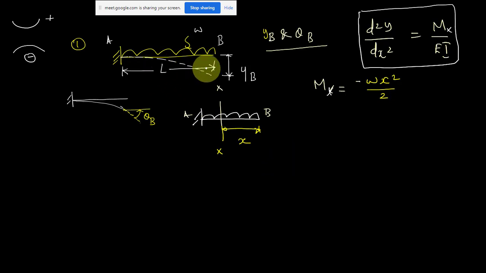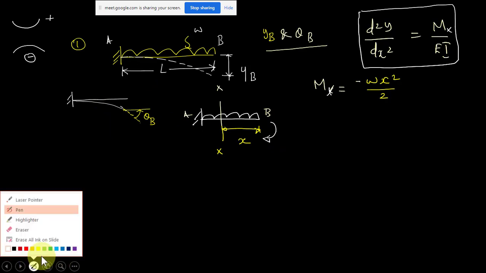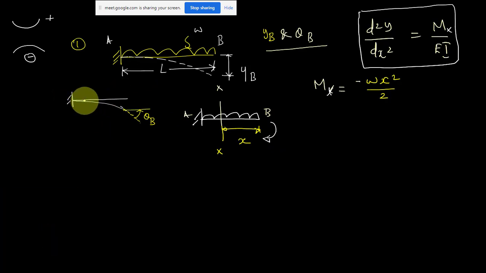This cantilever beam, obviously, has a hogging moment, because of this UDL the moment is like this. Also you can see the deflected shape of your beam. This is the beam, and this line is the elastic curve, a curve like this. That means it is a hogging moment. The bending moment is negative. That is why the moment equation is simple: W is the intensity, x into x by 2, so minus W x square by 2.